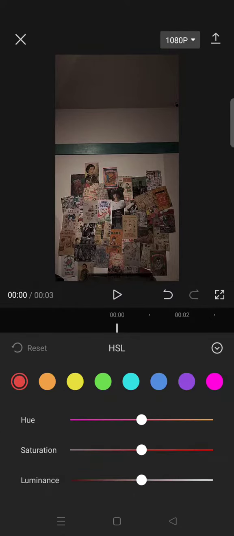Then click on the HSL and lower the saturation of all colors into -20. Okay, lower it into -20. Okay, the last color,